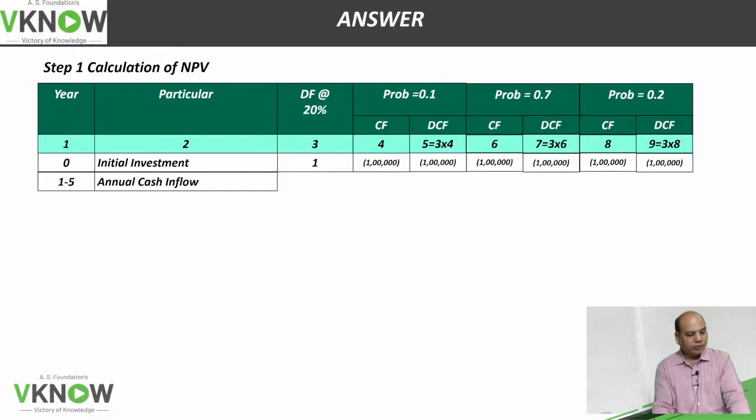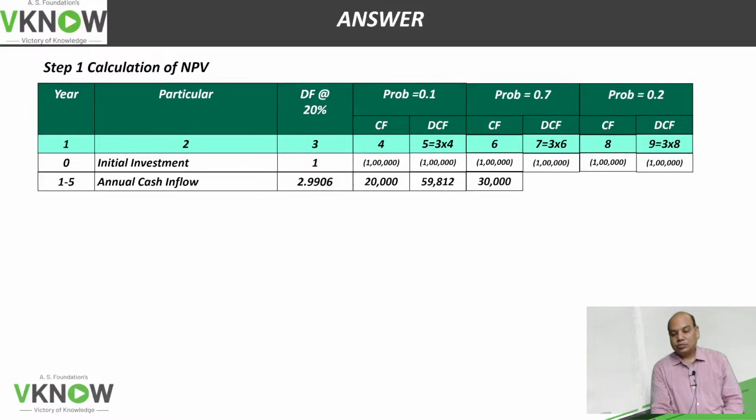Then write down annual cash flow. Annual cash flow would be, first you compute the annuity factor. 5 year 20% annuity factor, 2.9906. Cash flow would be 20,000, multiply